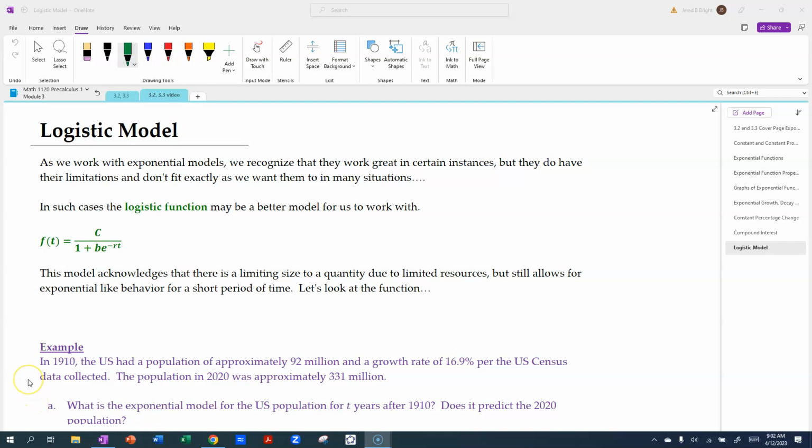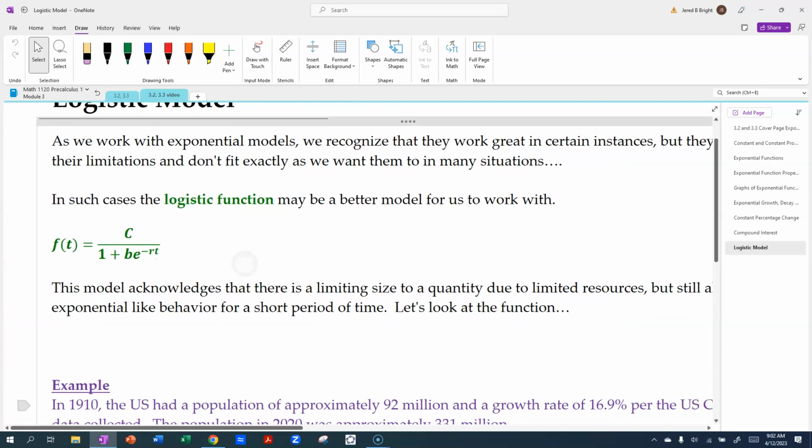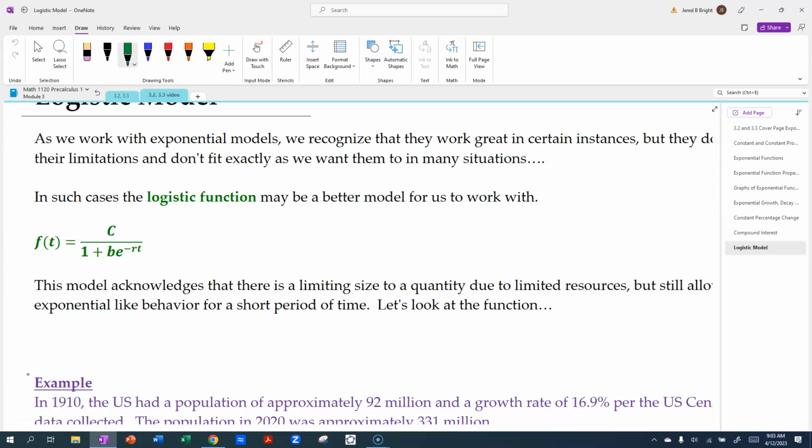In general, sometimes those conditions are difficult to achieve, and so we can't just always willy-nilly use an exponential model to fit a scenario, okay? In those cases, maybe we can adjust it a little bit. And if we adjust the exponential model a little bit, we get a variation known as the logistic function. And this actually pops up a lot of the time when you're working with populations and you're looking at changes